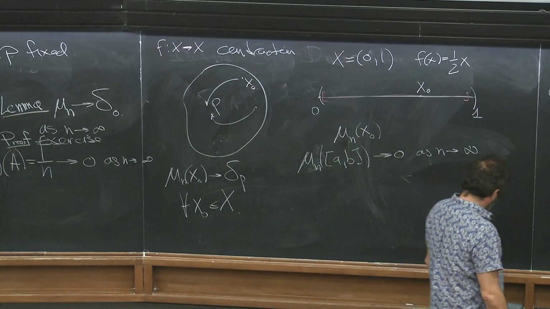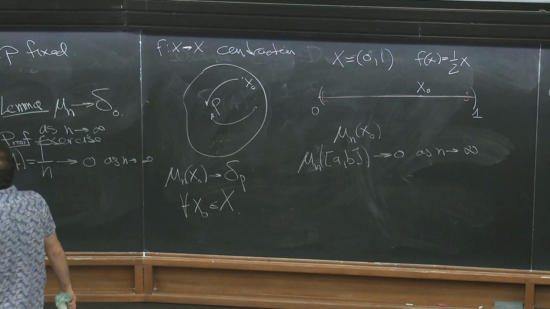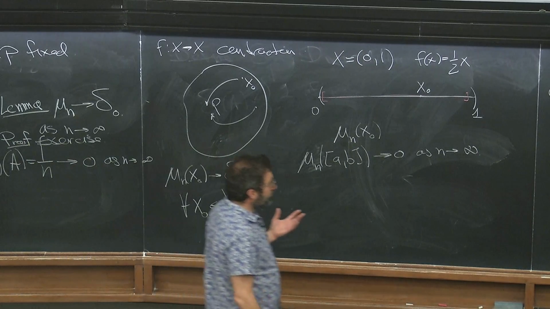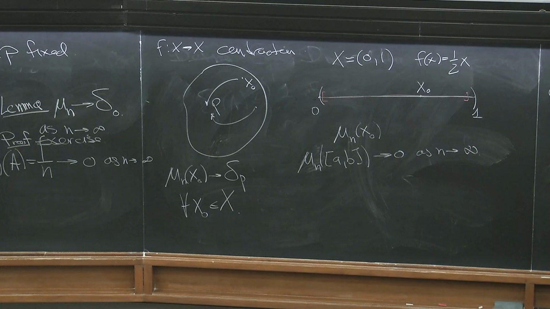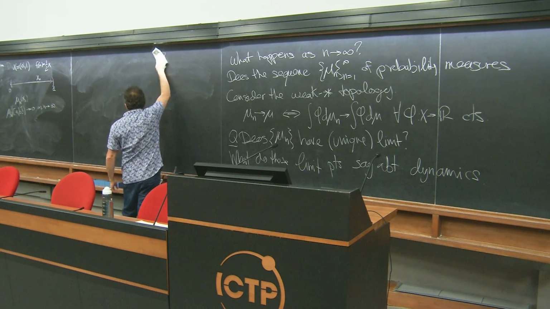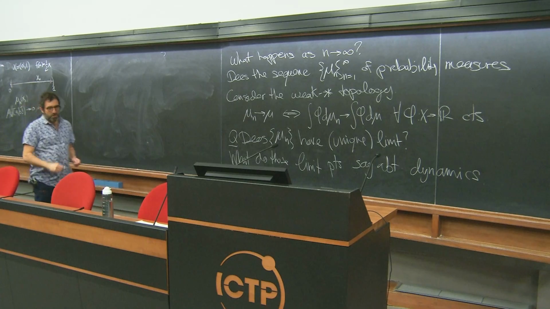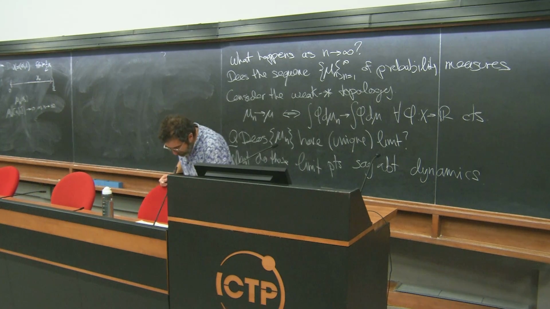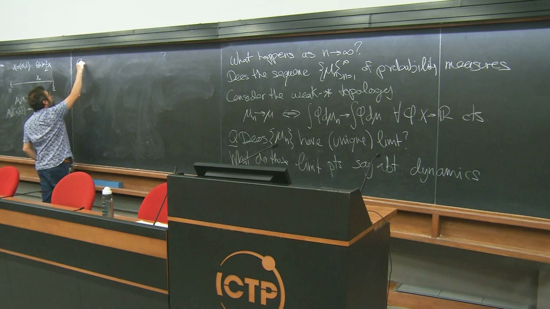Okay, so now let's look at some examples that show that the situation is more subtle than it is in the topological setting. And I think we will do that in the setting of our favorite map, which is 10x mod 1, where there is a richer